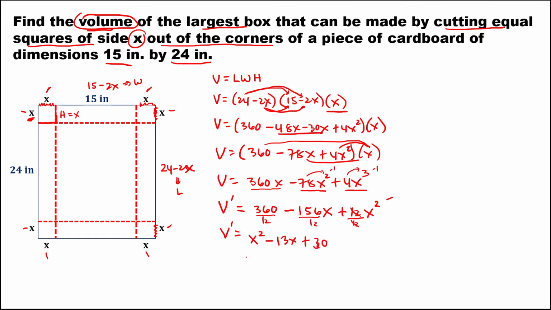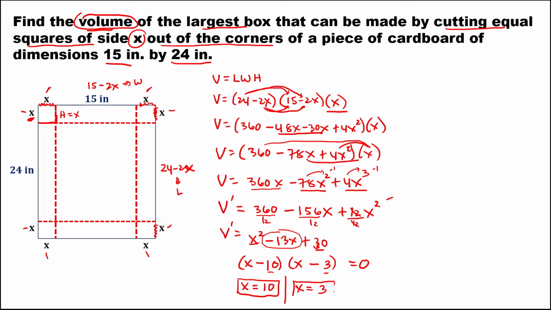Then we can apply quadratic factoring to solve for x by equating this to 0. So x squared, and 30 is 10 times 3, because 10 plus 3 is 13, so both are negative. So we have the values for x: x equals positive 10 and